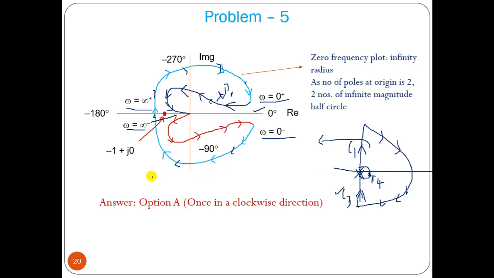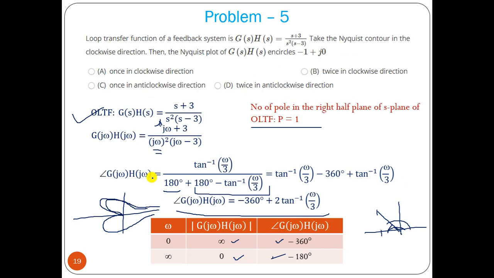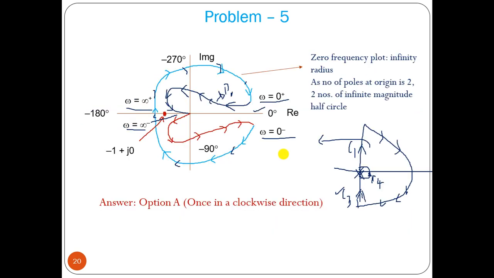Now what we can see, what is the point minus 1 point? Minus 1 point is in between, this is at 0 and this is at infinity. So minus 1 point is in between somewhere here, right. This is not showing infinity, but this should be infinity, because this is infinite radius, infinite half circles, so it should be in between here.